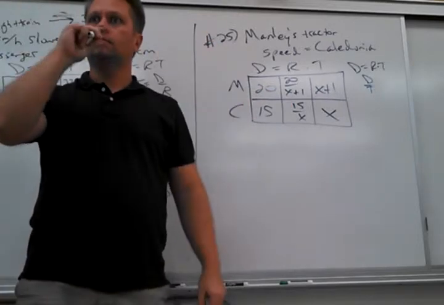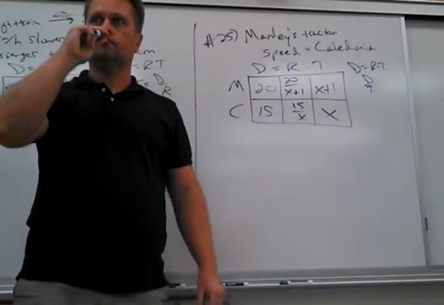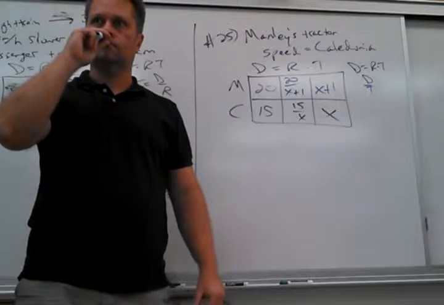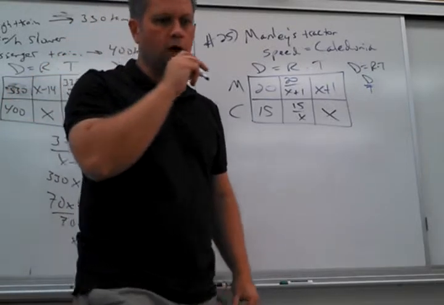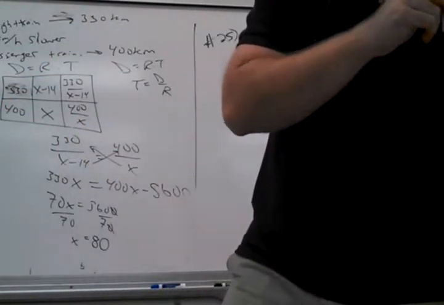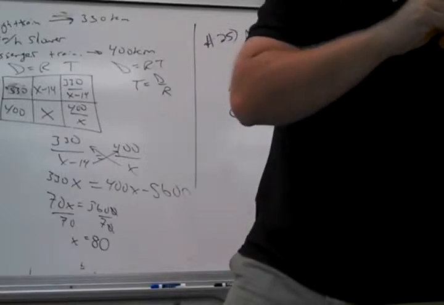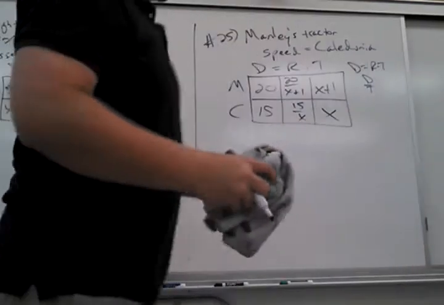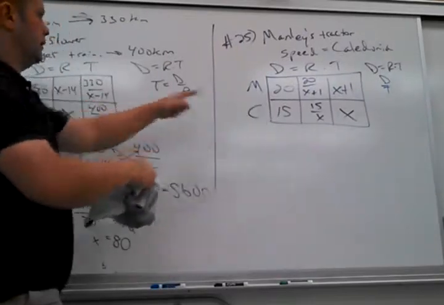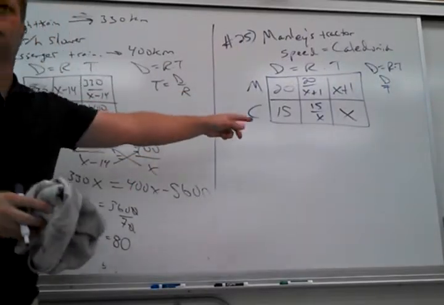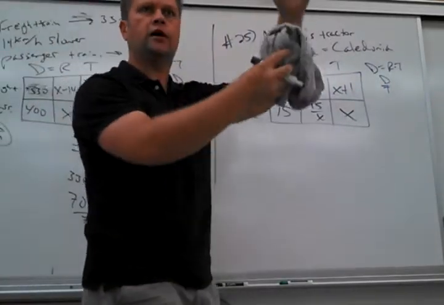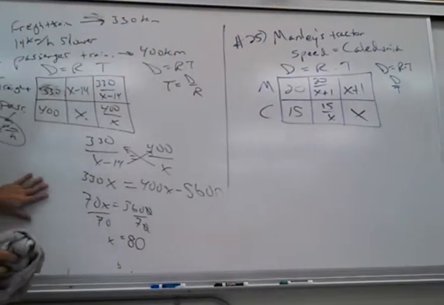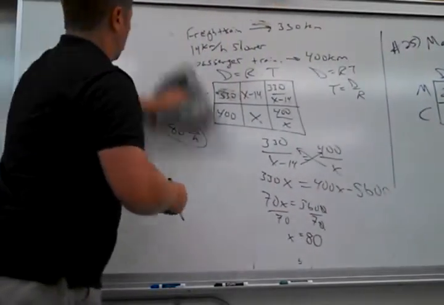I typically don't have an issue with these, but for some reason, whenever they throw in that current, it throws me off completely. It's still the exact same thing. So real quick, that one is exactly the same as this one. Are you guys cool with that? You would just set these equal to each other, cross multiply, same old stuff. Nothing new there. If they give you one with current,